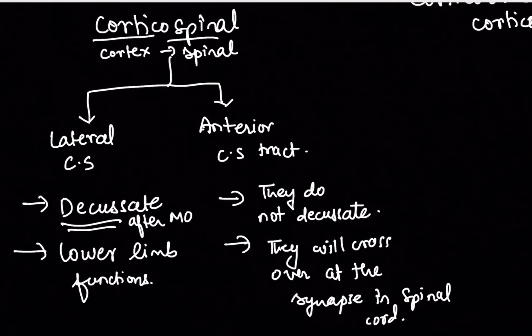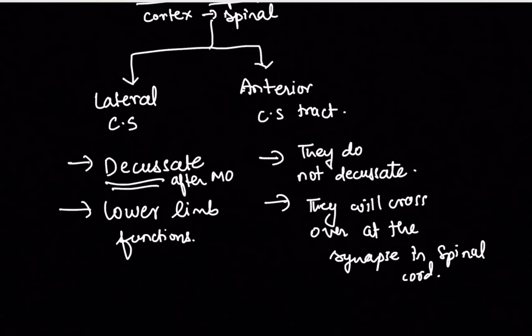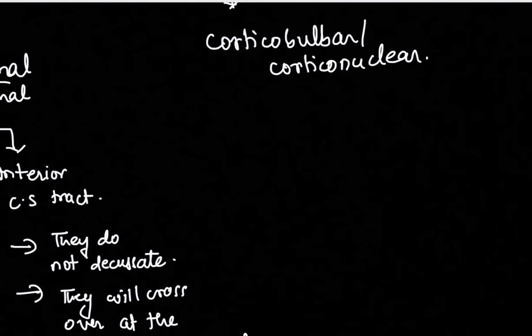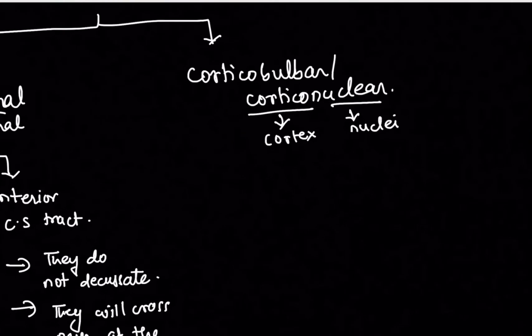Understood? Now for this corticonuclear, you have to remember that the lower limb motor function is controlled by the lateral corticospinal tract. Now the corticobulbar or corticonuclear term was given from the cortex to the nuclei. When we were doing cranial nerves, I explained that each cranial nerve has its own nuclei situated in the midbrain, some in the pons, some in the medulla oblongata, right? We are learning about the motor tract, so from the cortex, the neurons will go to the motor cranial nerve nuclei. Then from there, the specific cranial nerve will go to the specific target organ, and the function will be performed. So from the cortex to the nuclei, hence the term corticonuclear tract. It is also known as the corticobulbar tract.